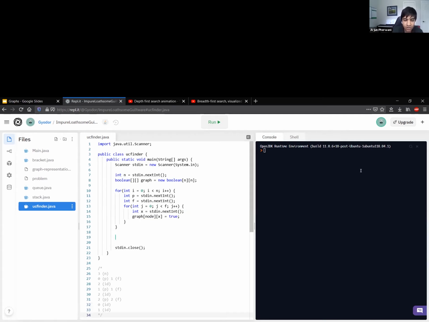Right. So this is it. We've taken in the input of the graph. That's it for the graph. Now we actually have to do the algorithm. Let me change the node's name to P. All right. So does everyone understand what we're doing here? Yes. Just a quick recap: it takes your input files and puts them in the adjacency matrix. Are you okay with that, everyone? Yeah.